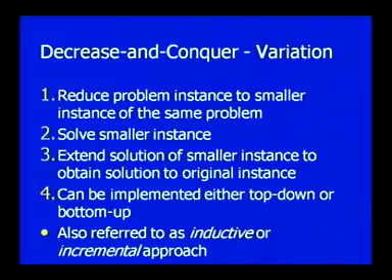The first variation is called decrease and conquer. For example, in divide and conquer, I told you that the instance n should be divided into 2 exact halves, n/2, n/2. In many of the situations, it is not possible to have a subproblem with exact half of the instance. So, in that case, you have to consider a variation like this, where you will have some smaller instance, you will find the solution, you will extend that solution to your original problem, and this can be implemented as a top down or bottom up approach.